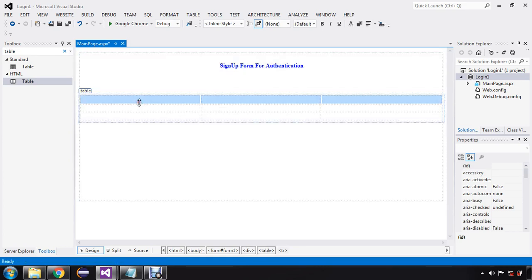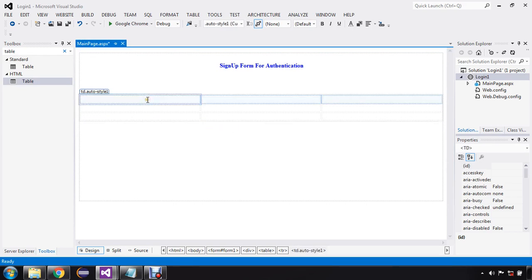Now you can see that my table has been created with 3 rows and 3 columns. In this TD tag, I'm going to specify my fields. Let's say enter your name, enter your email, gender, qualification. And in this TD tag, I will specify my general controls like text boxes, radio buttons, and a drop down list. Within this third division tag, you can use validation controls like, let's say, required validation control or a compare validator control. So let's get started designing our web form or our sign up application form.